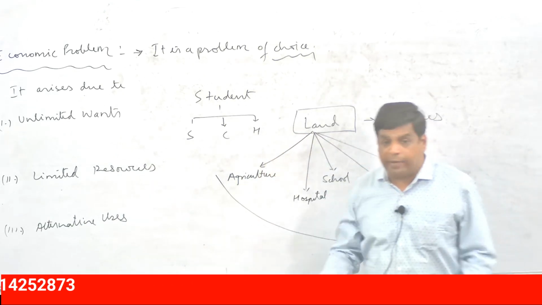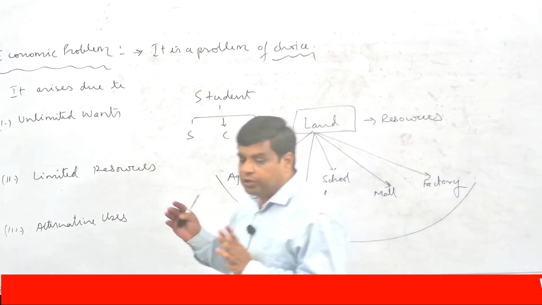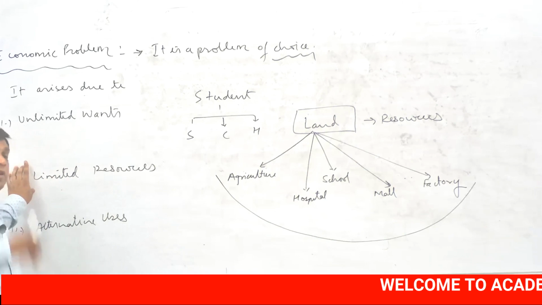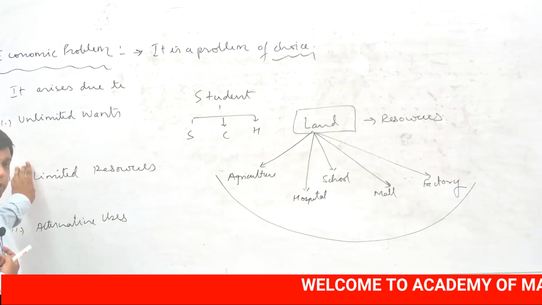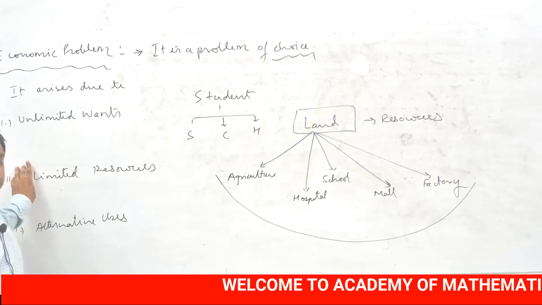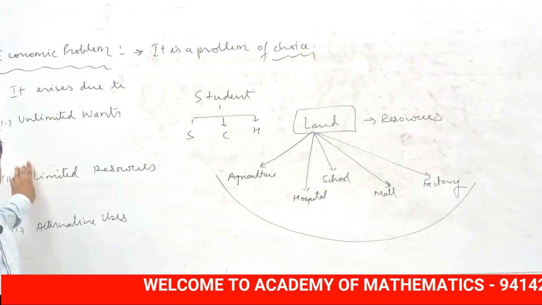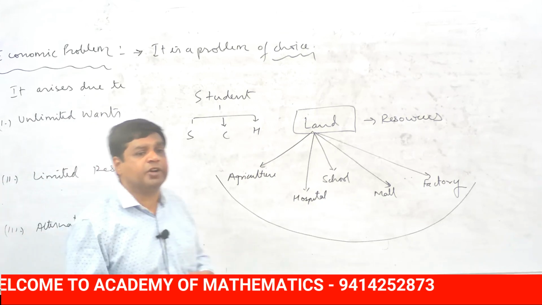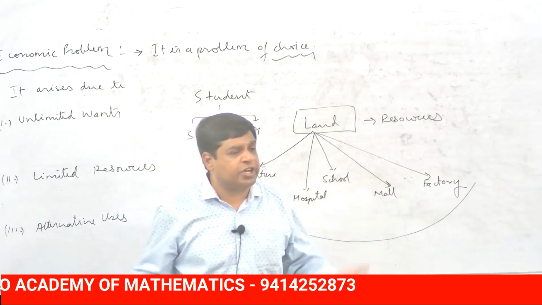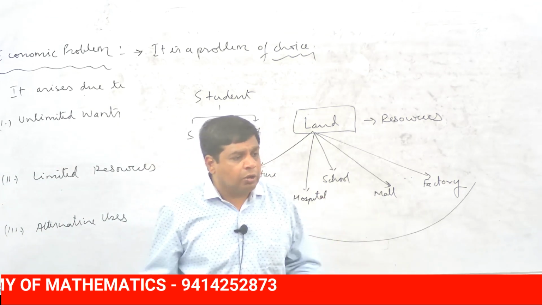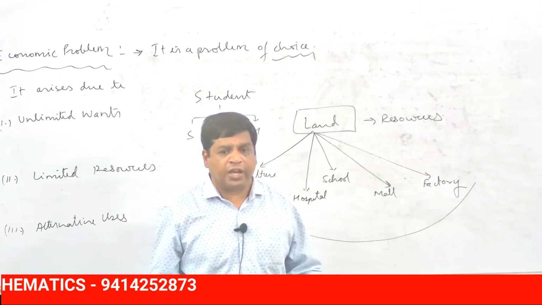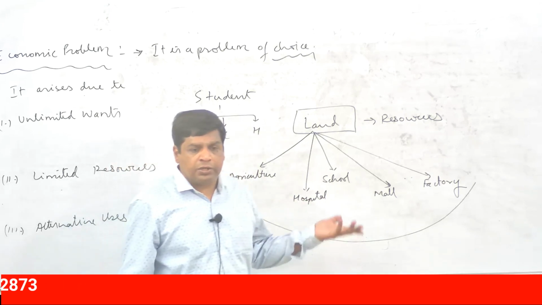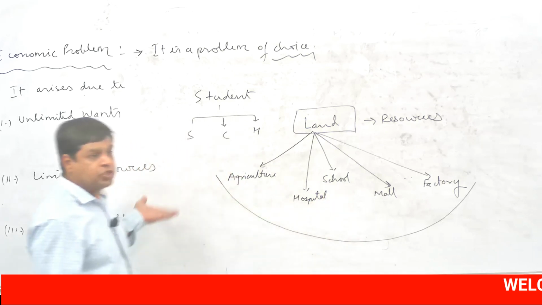Always limited. I am using the word always. Even the Tatas, Birlas, Ambanis, Adanis, they are also having limited resources. From their own point of view, though from our point of view they are very rich. They are having all the things. That's true, student. But if they think from their own point of view, they are also having limited resources. They have, suppose, 10 projects in mind. They can only go for 2 or 3. They can't put all the resources in all the projects. They have to again go for a choice, student.